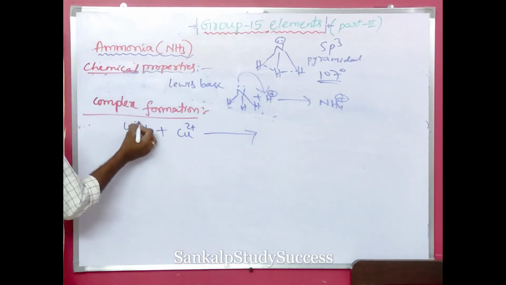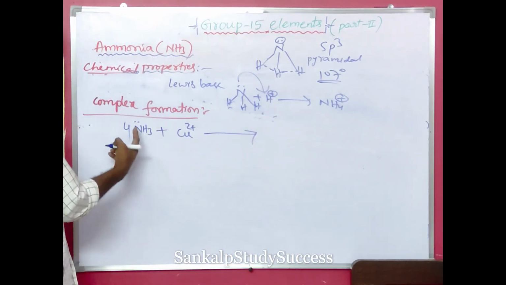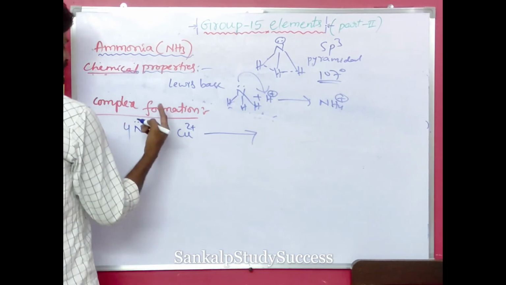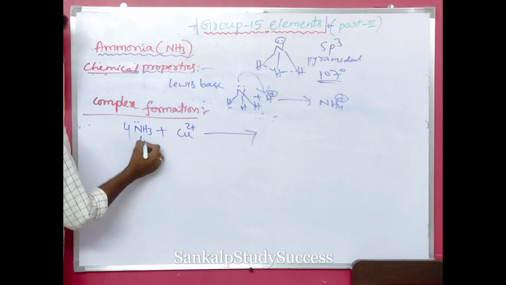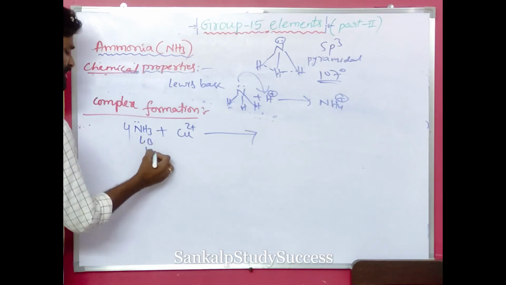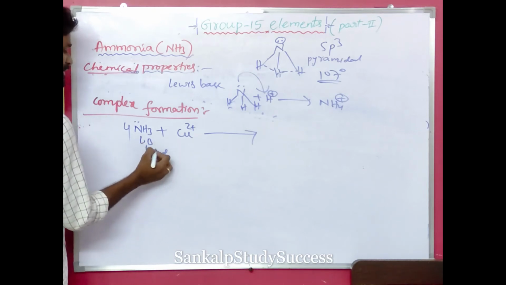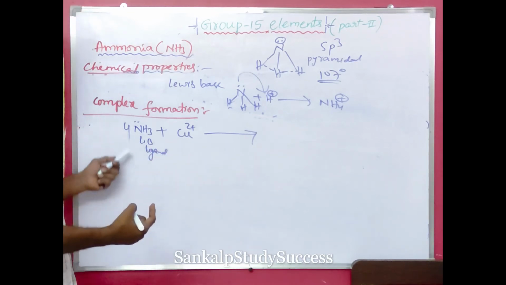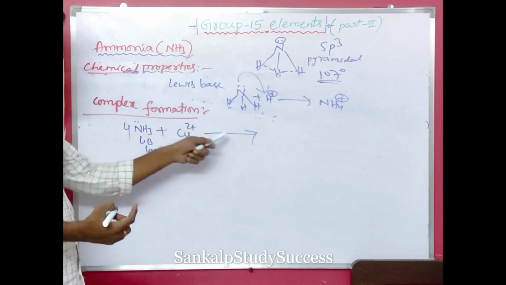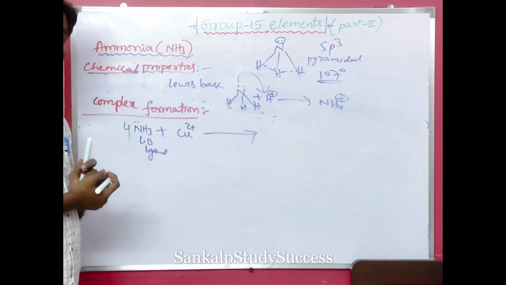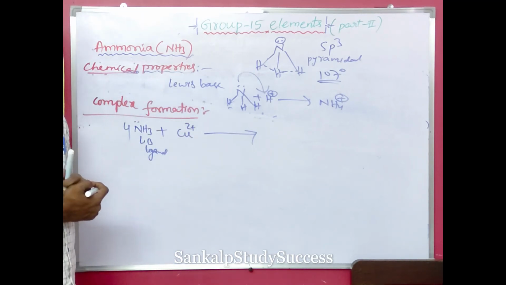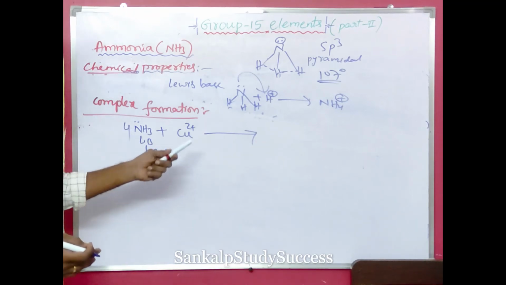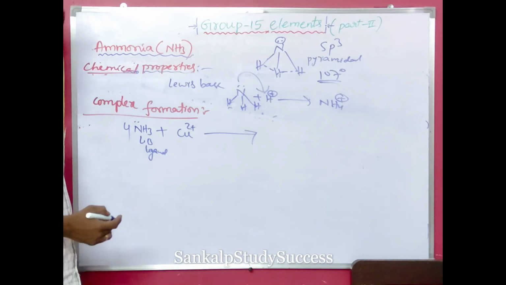So here nitrogen has a lone pair. We know that nitrogen has a lone pair on the nitrogen atom. This acts as a Lewis base, that means a ligand. Here the metal has an empty d orbital. When the lone pair of ammonia is donated to the empty d orbital of this metal ion, it forms a complex compound. So in the complex compound, a coordinate covalent bond is present between the metal and that ligand, right?